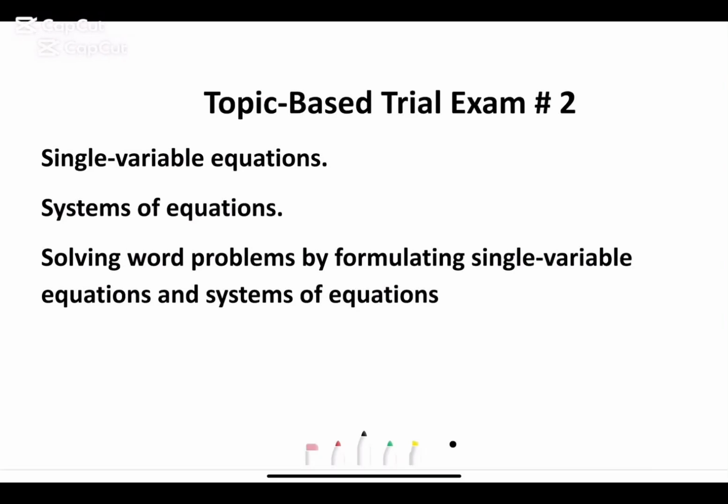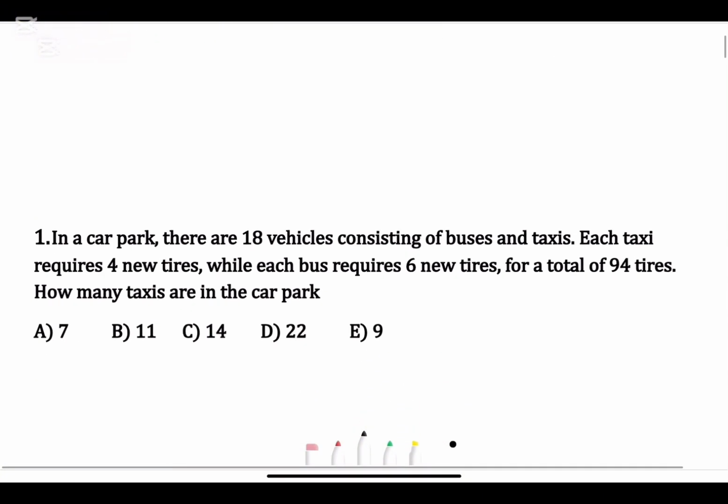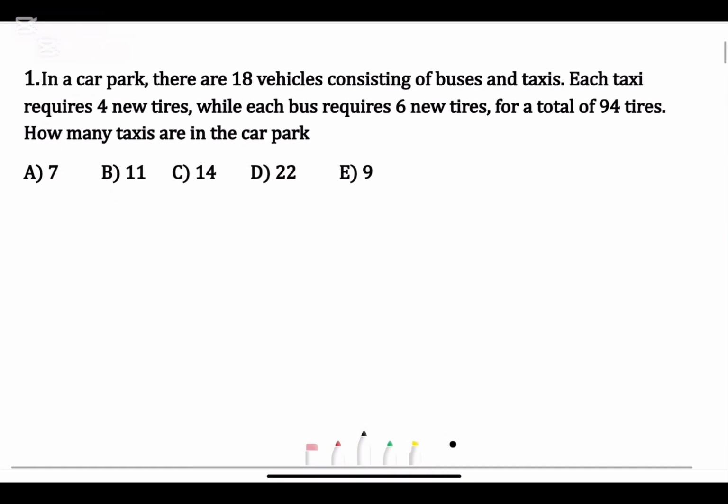Good day, everyone. Today we're going to be solving questions from topic-based trial exam number 2, published in 2024 on the following topics. Let's consider the very first question, and it says, in a car park, there are 18 vehicles